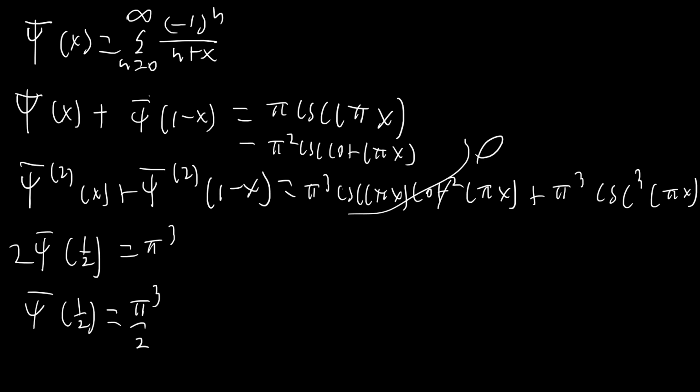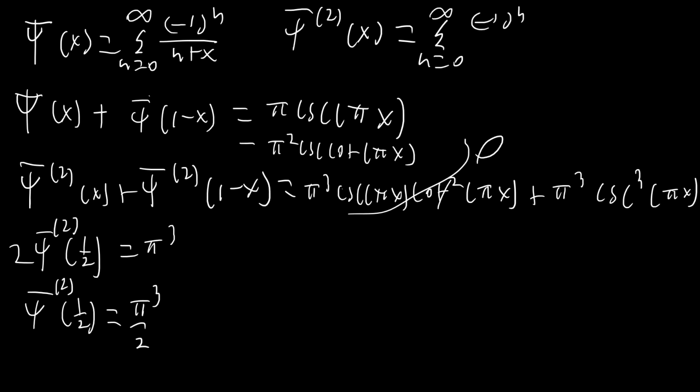Now, how does this relate to our problem? If we go ahead and take the second derivative of the digamma bar function, which is pretty easy, I'm just going to go ahead and skip to that step. We're going to get the sum from n equals 0 to infinity of -1 to the n times 2 over n plus x cubed. And if we plug in 1/2 right here, we're going to see some pretty cool similarities to our summation. If we go ahead and multiply by 8 on the top and bottom here,